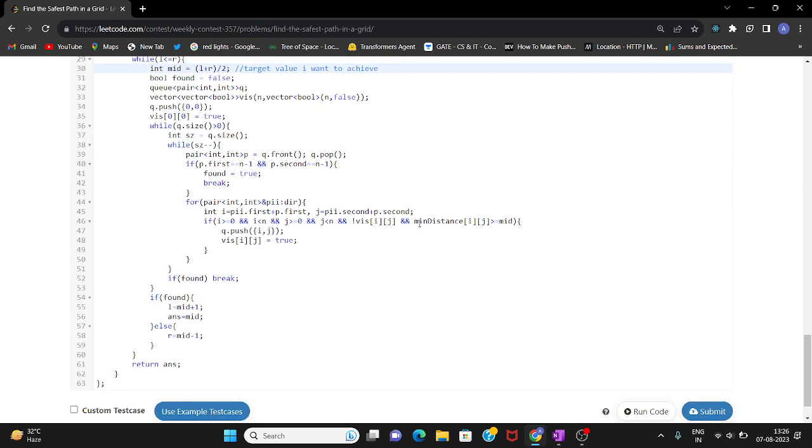So I am checking if the minimum distance of this cell to any thief cell is greater than or equal to mid. If it is possible, then I will push that new cell's position into the queue and mark it as visited. This way I will keep on going until I have reached my destination cell.